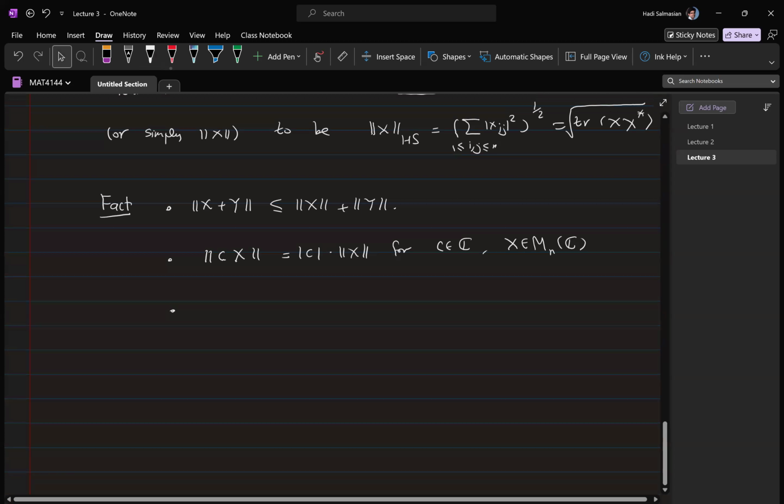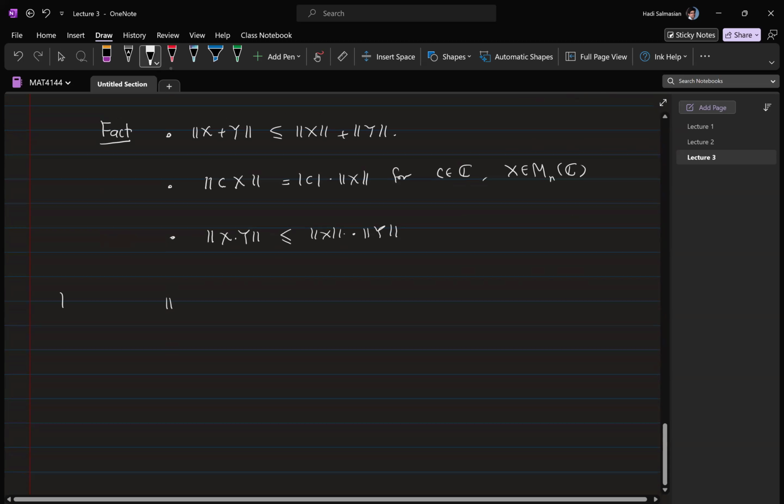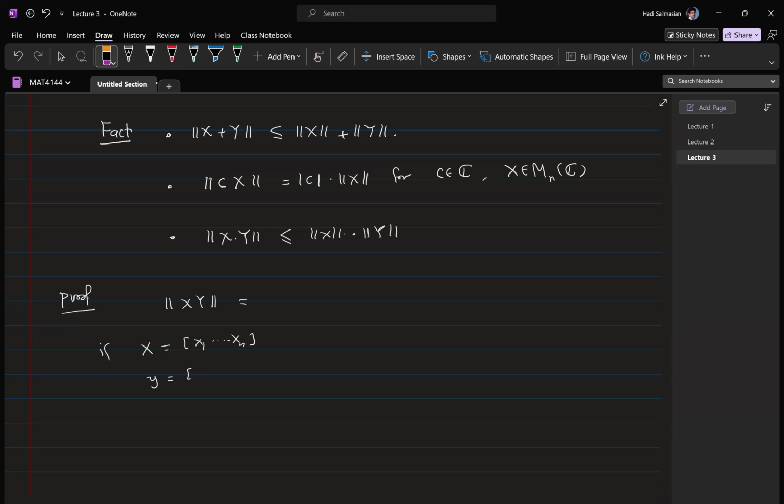So now, more importantly, the property of this norm is this multiplicative property. So norm of XY is less than or equal to norm X times norm Y. And this is really a consequence of the Cauchy-Schwarz inequality. And maybe I just write the proof here. So norm XY, if you represent X by its columns, and Y by its columns,